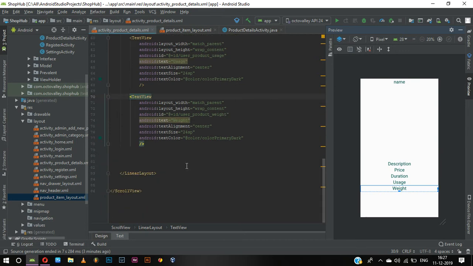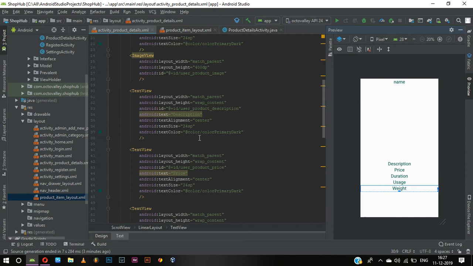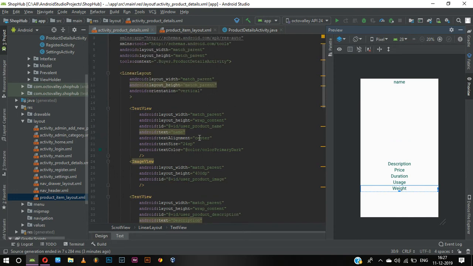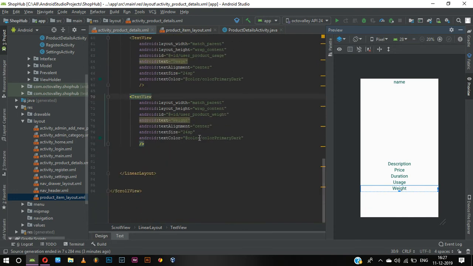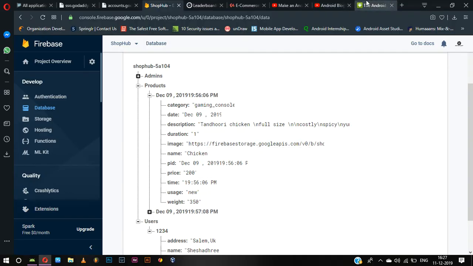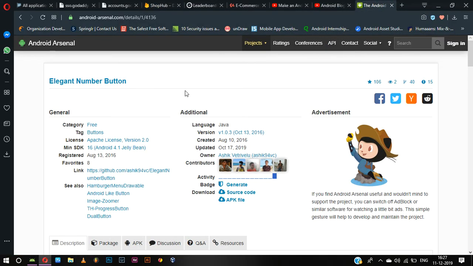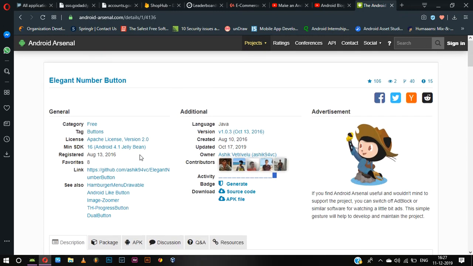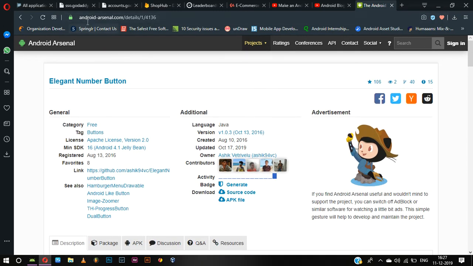Before that, it is in scroll view, I hope so. Yeah, it is in scroll view, so it's no problem, and we need to add a button. For that button we can just go here, and I'll provide the link in the description, or I'll provide it in the course. And this is the link, androidarsenal.com details